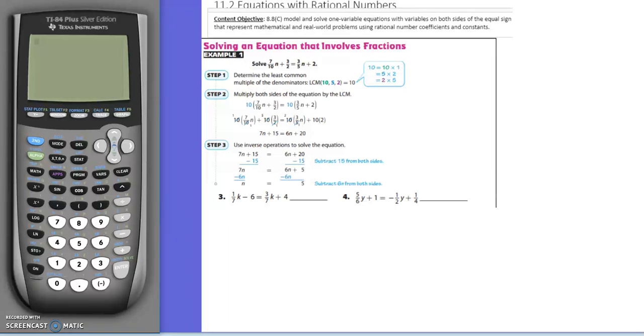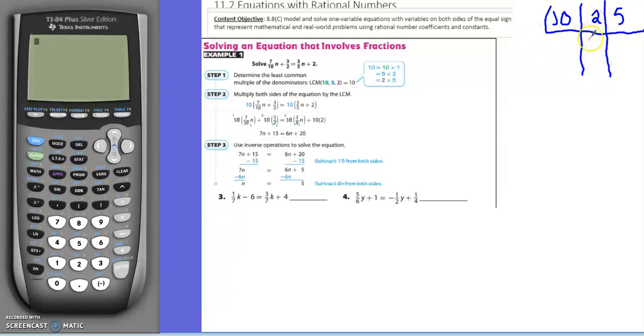Equations with rational numbers. We have 7/10 n plus 3/2 equals 3/5 n plus 2. The first thing is to come up with a common denominator, or the least common denominator. Our denominators are 10, 2, and 5. One strategy is to put the denominators into a ladder